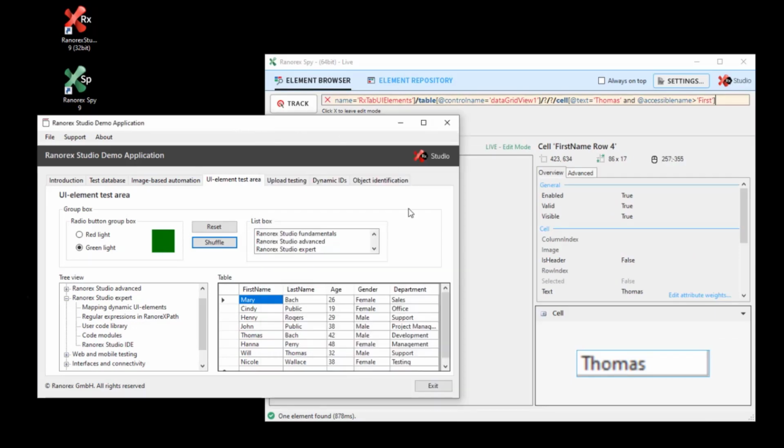But if you were looking instead for another column for Thomas Bach, and not just the first name, then you could look at the different column levels or column numbers. This would be 1, 2, 3, 4. So what we're looking for is column 4 to see Thomas's age, and what we'll do here is add